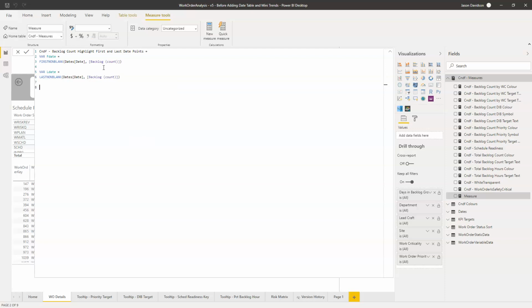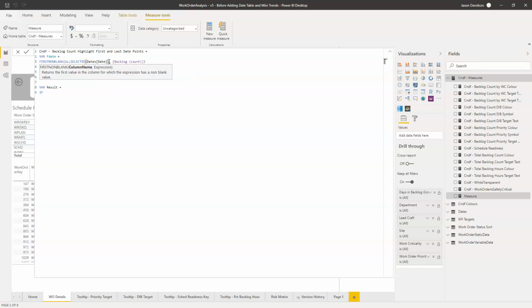Next we're going to calculate the result. And that is going to be equal to, we'll use an if statement. If, now actually one thing I need to do that I've just forgot is I need to put in an all selected here. All selected. Okay, so all selected only considers the current selected dates. So it's going to look through all the dates that are currently selected, and then it's going to look for